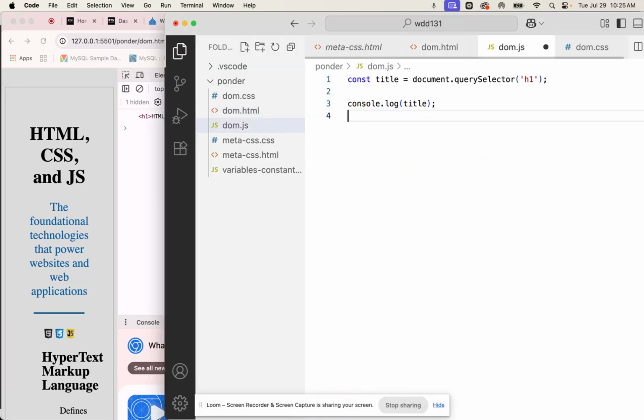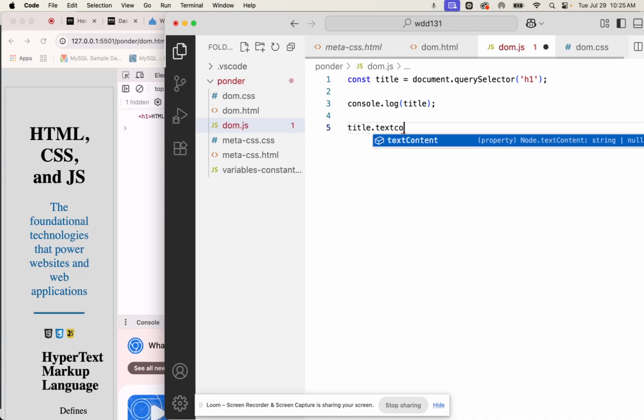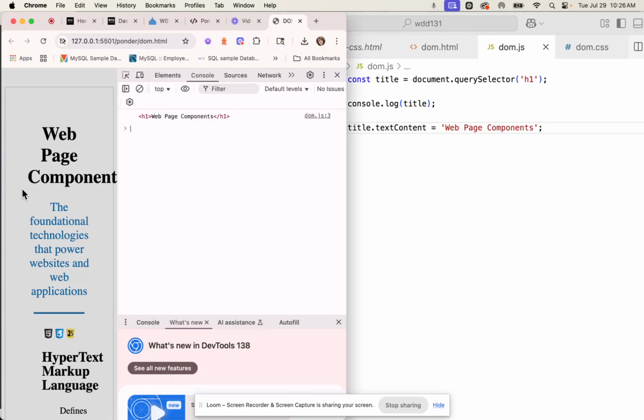Okay. So now we could do a few different things with that. But we've targeted it, have it inside of a variable. We can go ahead and say something like title, text content. Remember, these are camel case. And we'll assign it a new text. So instead of saying HTML, CSS, and JavaScript, we can have it say something like web page components. And it will actually change on page